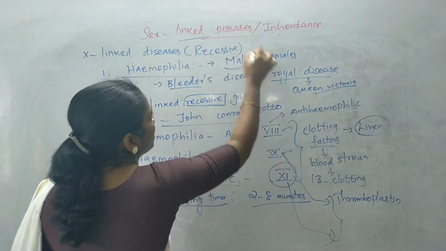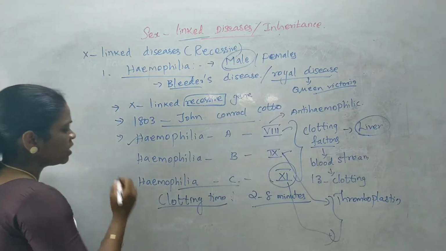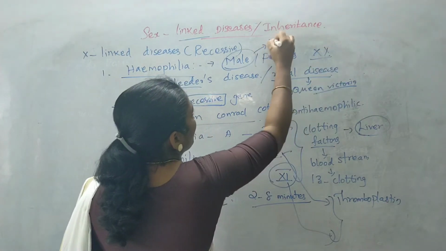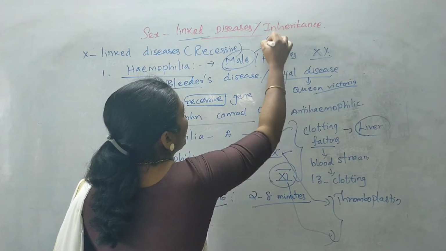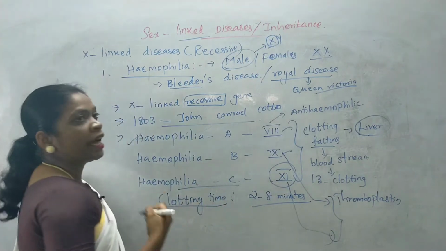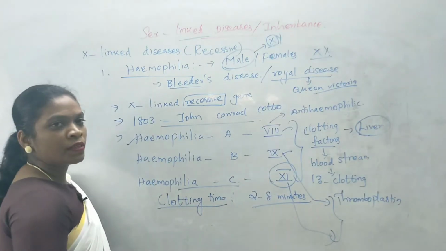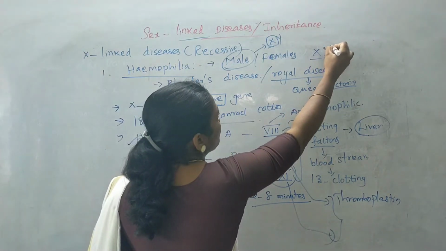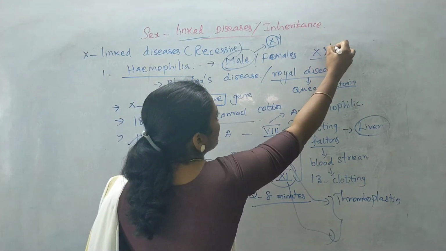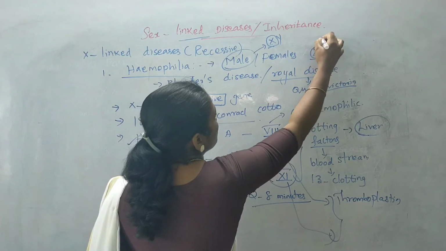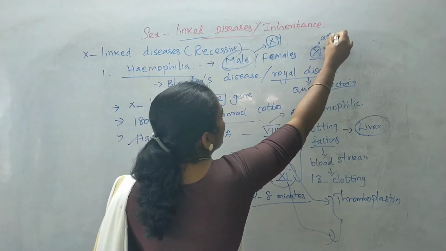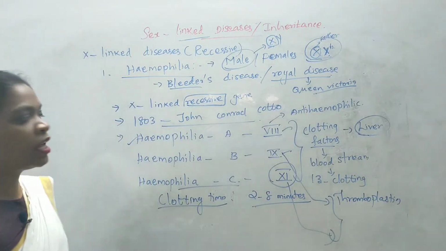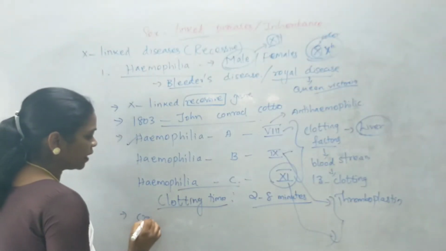Males are mostly affected when compared to females because females have 2 X chromosomes, while males have X and Y chromosomes. When a male inherits one X chromosome from a carrier mother, he can express the disease. But if a female inherits one X chromosome from the mother, which we will write as H here, she receives the other X chromosome from the father. If the father is normal, the female child is going to be a carrier of this disease, and hemophilia will exhibit a crisscross pattern.